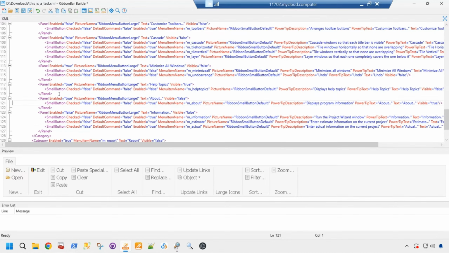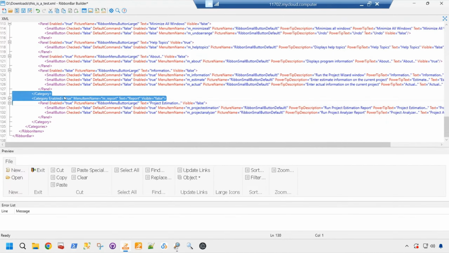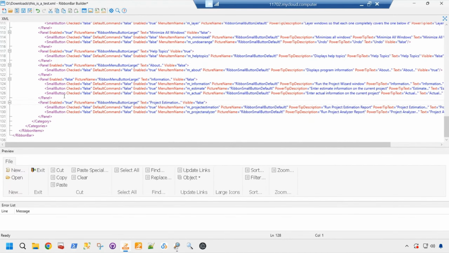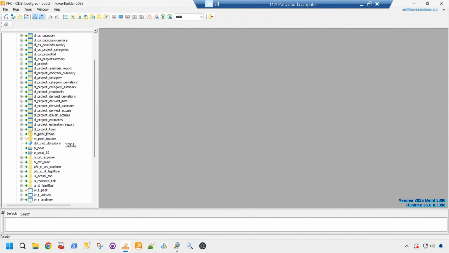But basically, I've moved all the categories, and now I've got one category basically across the top of the window with a whole bunch of subpanels. The images that are being used, I could rename these panels. I could just tailor it the way I want. Going back here to the menu painter, though,